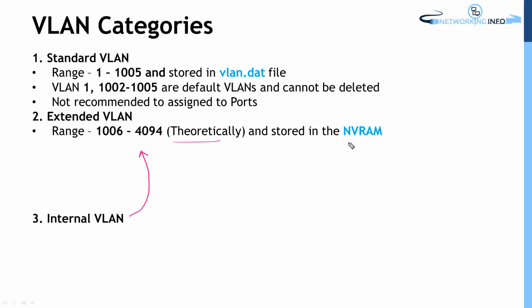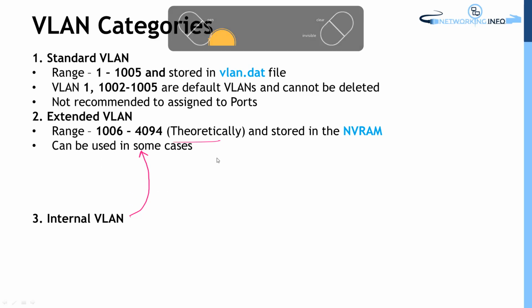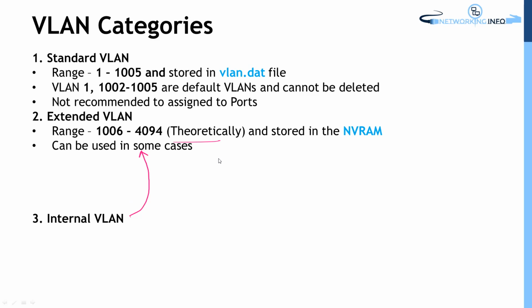And extended VLAN information is stored in NVRAM. Not all the switches, not all Cisco switches, they do support extended VLAN. So some of the high category switches, they do support extended VLAN, and they do support private VLAN. We'll talk about that. And we do not configure extended VLAN until we have a specific requirement. So the extended VLAN can be used in some cases